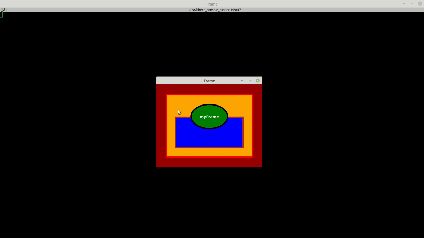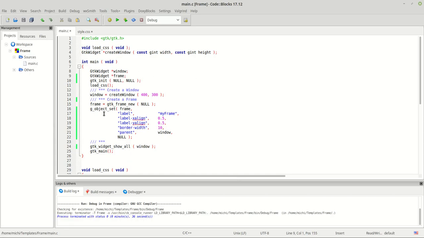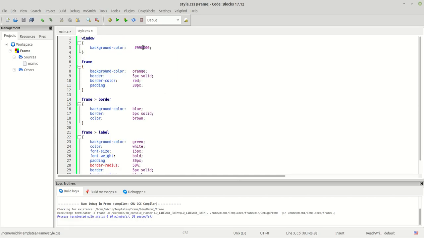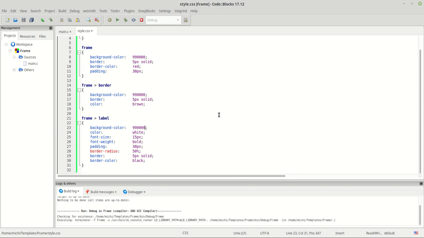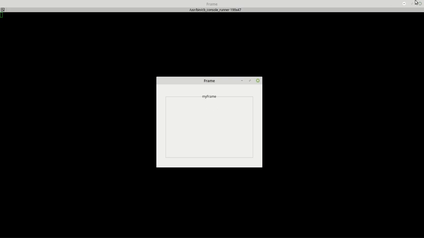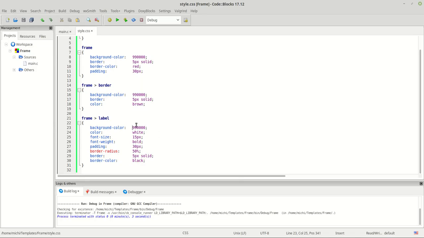So after you do that and you are sure that it looks right, then you can just drop those colors by changing them to default. So basically the frame should now not be orange, the border should not be blue, and the label should not be what it was. So basically we killed it